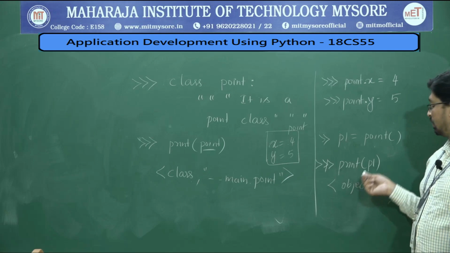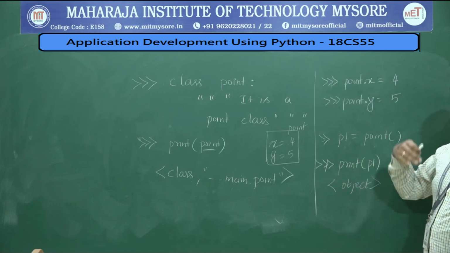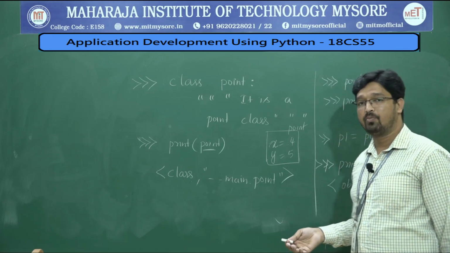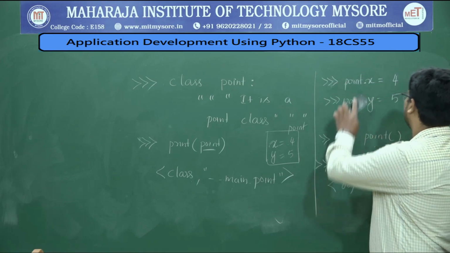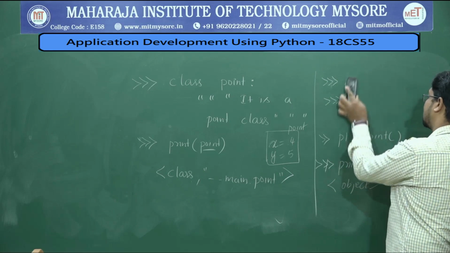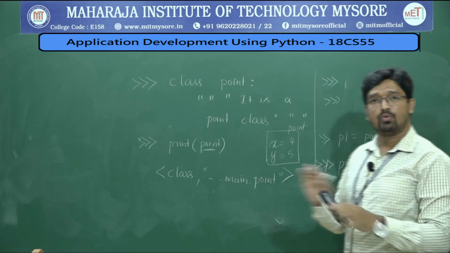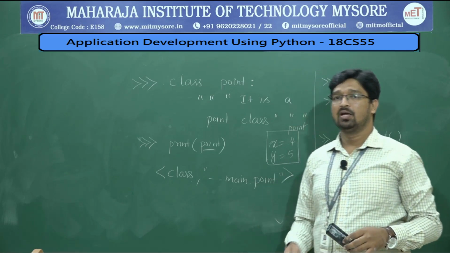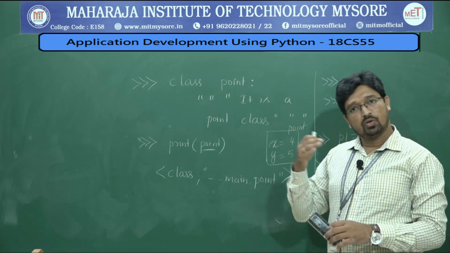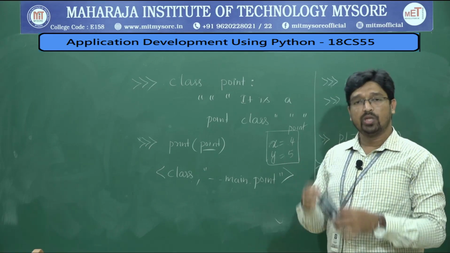Understood? Now we can store the values of the attributes. Here we used to store directly, but this is not the case. We cannot store the values directly. As I said, a class is just like a blueprint. We cannot store values directly to attributes. We need to access all the data with objects.